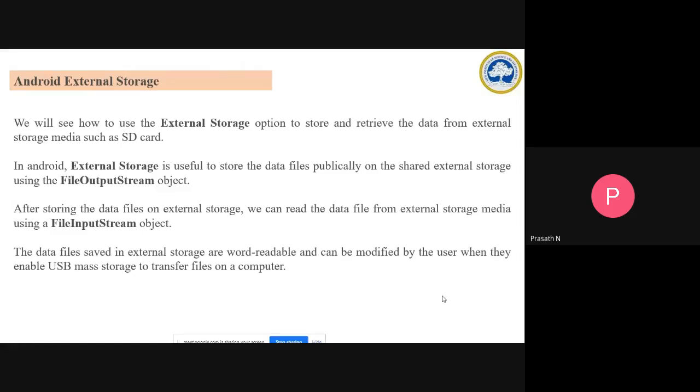Because more or less everything is same. Only the type of storage differs. Read and write operation, all things are same. Only thing, the type of storage is going to be different. Okay. So here we are going to see how the external storage option works to store and retrieve data from external storage